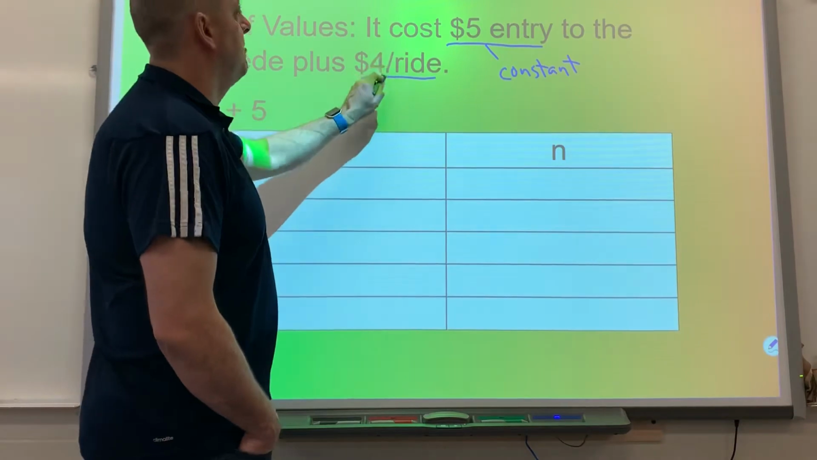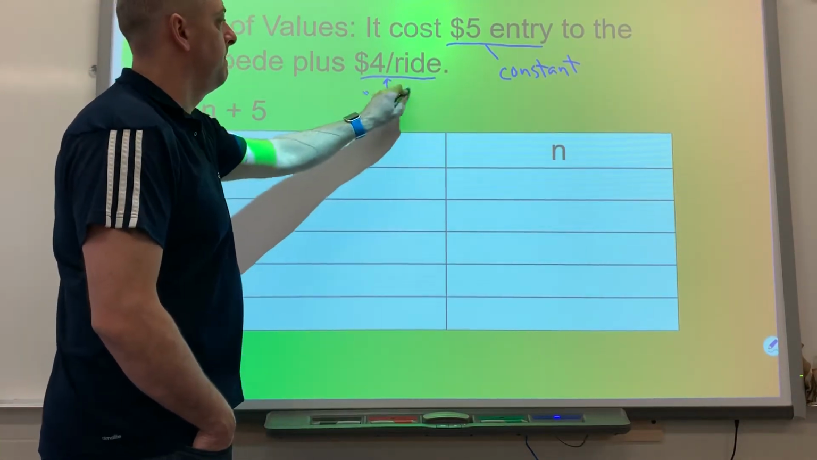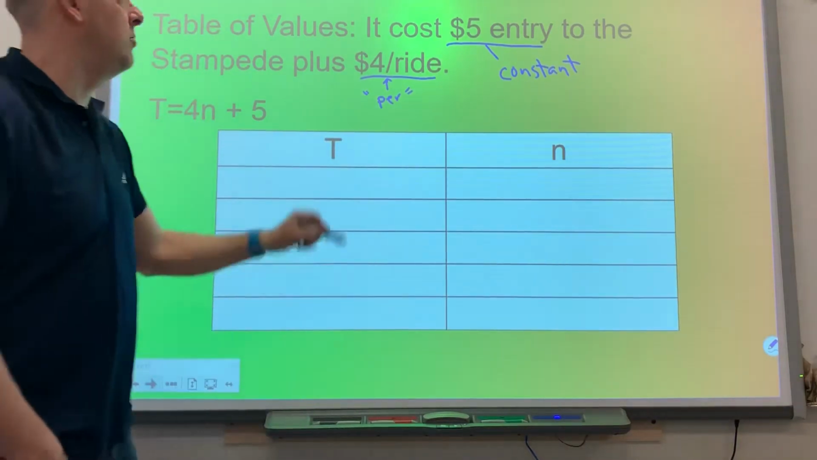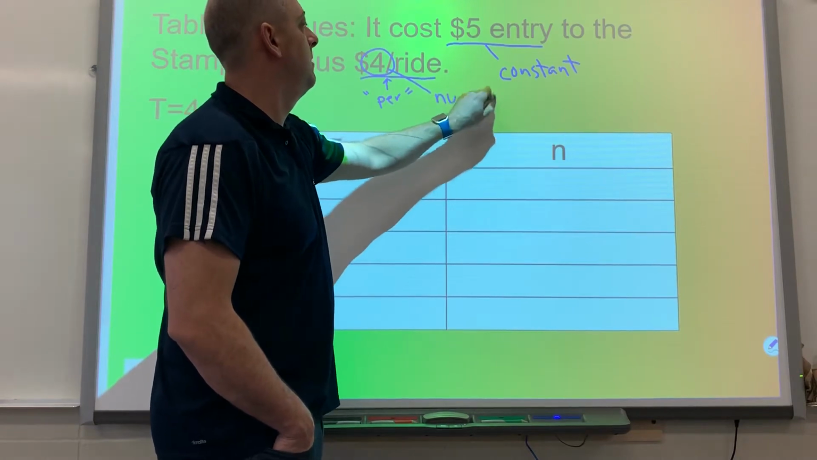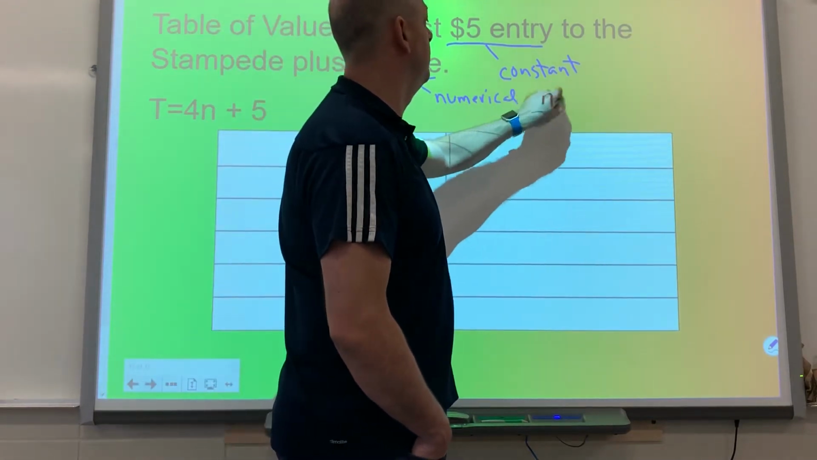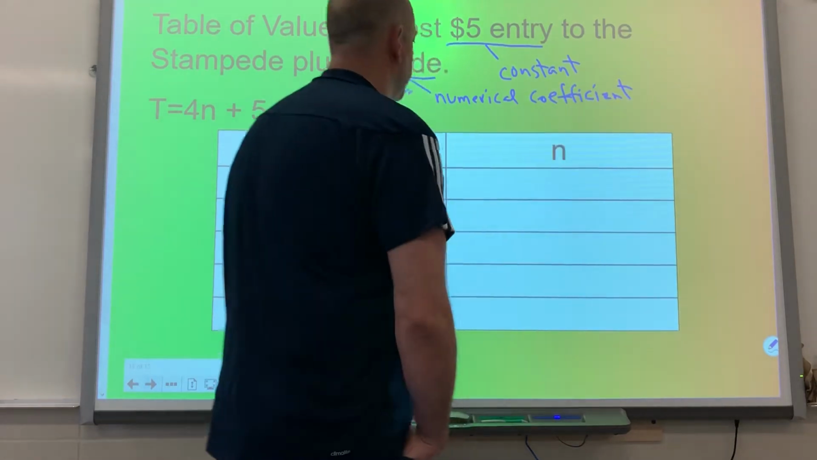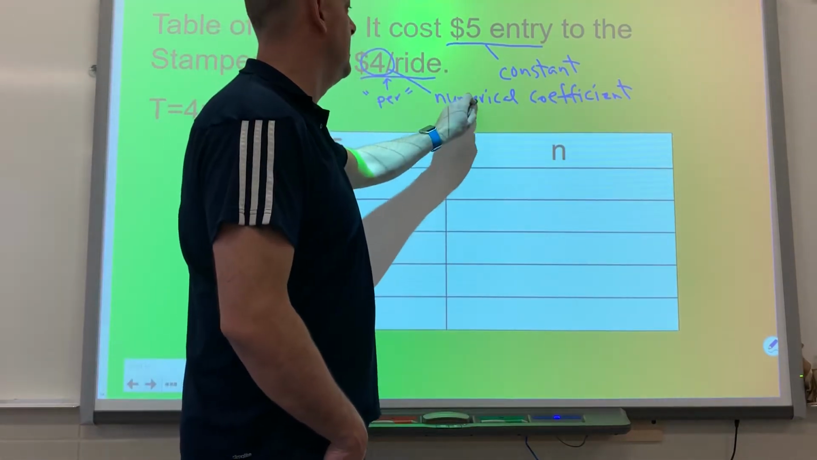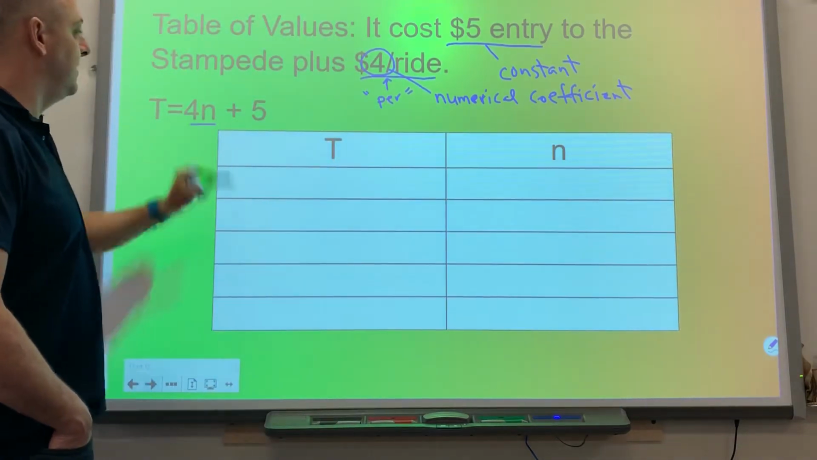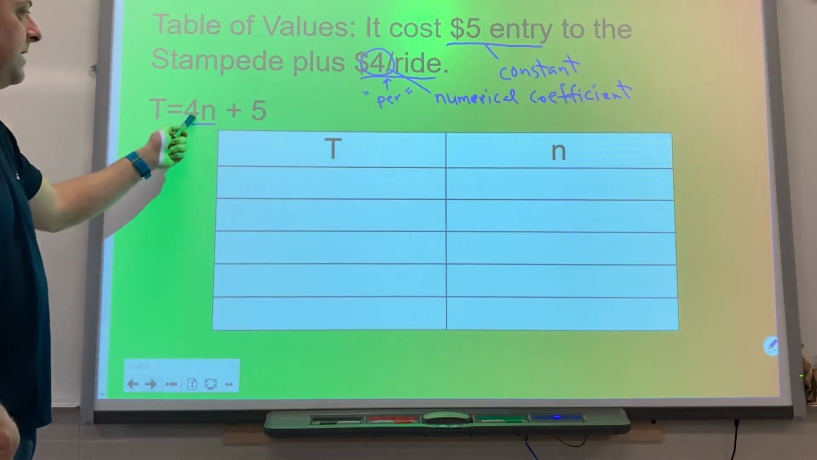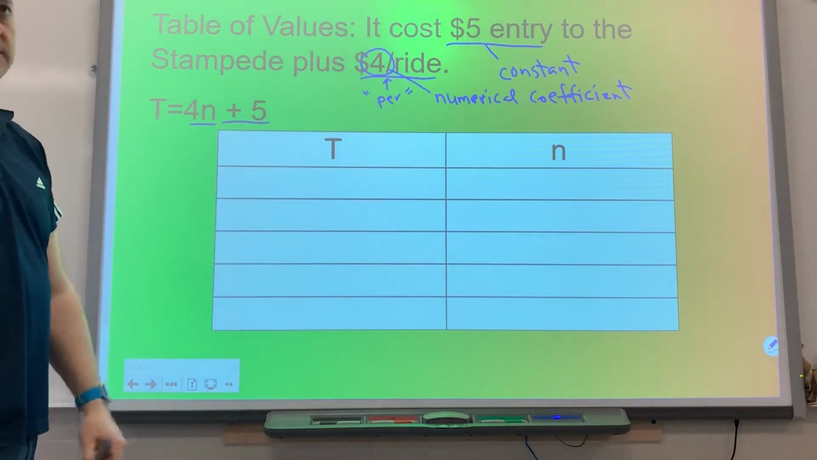This $4 per ride, that means per. Usually when something says per, that's a giveaway that it is the numerical coefficient. So this becomes this $4, the numerical coefficient. And that is almost always, especially with grade 8 material, tied to your variable, okay? And you can see where it was tied to the variable right here. So it's the numerical coefficient, it gets tied to the variable, and the plus 5 becomes the constant that is